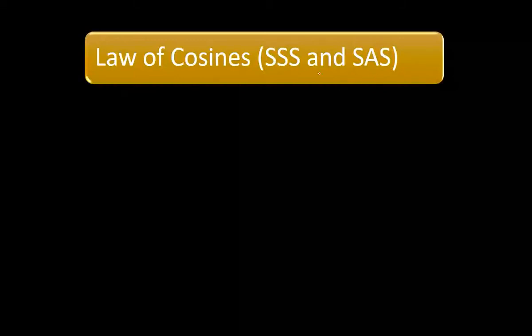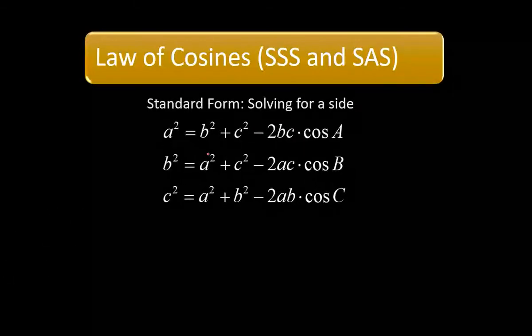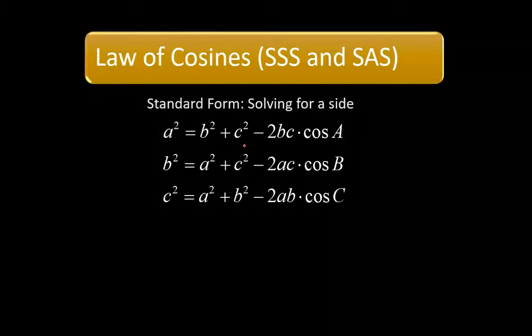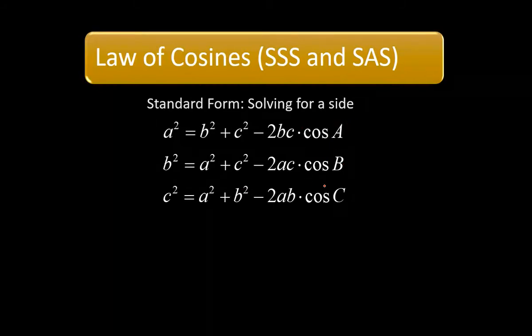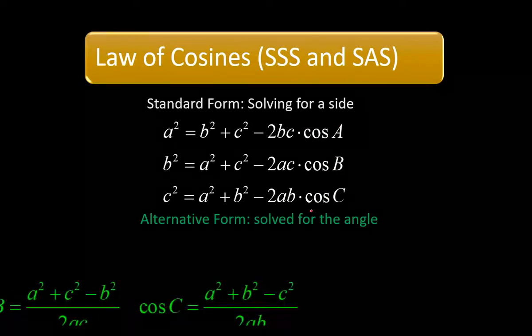law of cosines. So the main formulas for solving for a side go like this, where we have a squared equal to b squared plus c squared minus 2bc cosine a. Or if we're solving for b or c, we have very similar ones here. And algebraically, if we were given all three sides and we had to solve for cosine a, cosine b, or cosine c, we call those the alternative forms, where they've algebraically solved these equations for those, and we have these